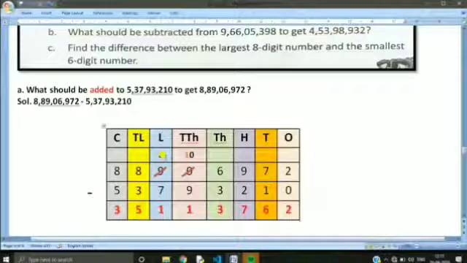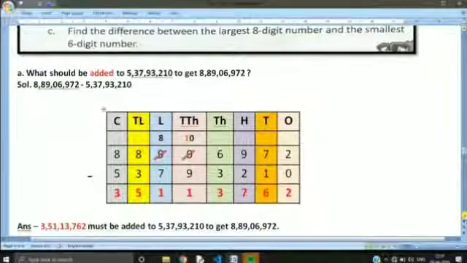Again we will be moving to the next column, the black column. 8 minus 7, it becomes 1. So write the answer as 1. Now moving to the next 10 lakh column. 8 minus 3. Yes, it is possible. 8 minus 3 is 5. So write 5. Lastly, we move to the crore column. 8 minus 5. So it is 3. This way we reach the final answer.